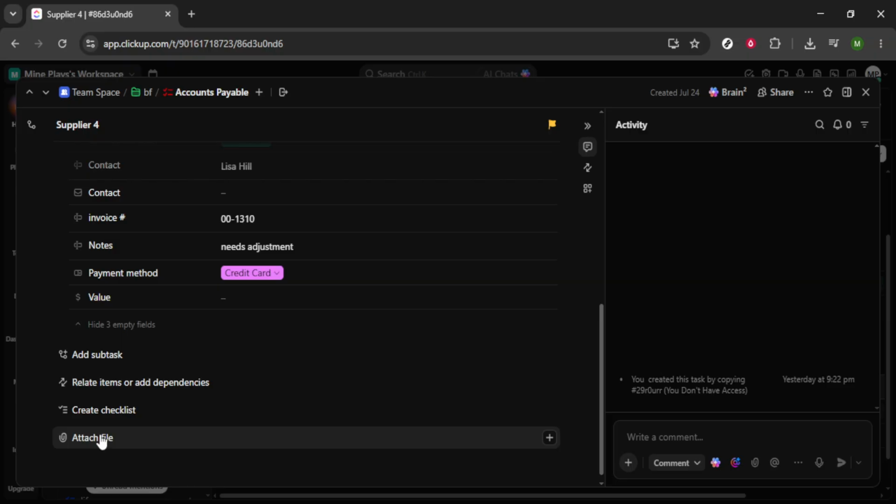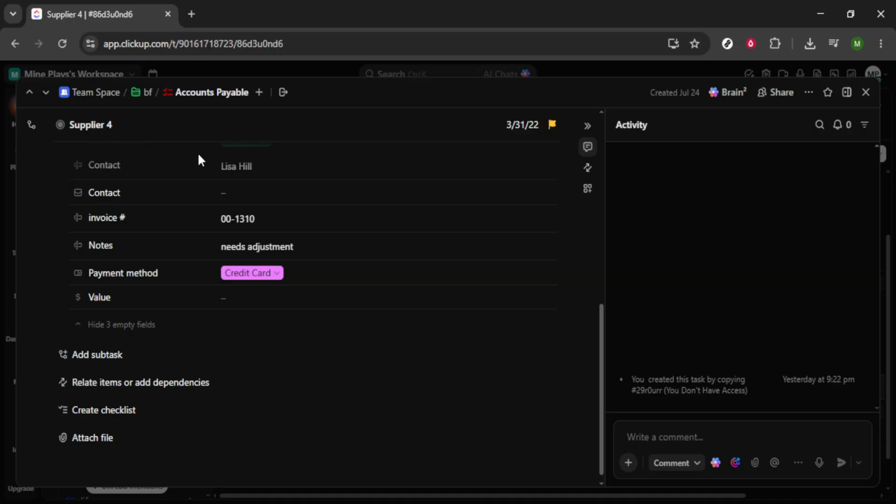To actually upload your file, just click where it says Attachment. This will open your computer's file picker. Now you can browse through your folders and select the file you want to add. It could be something sitting on your desktop or perhaps deeper in your folders. It's totally okay if it takes you a moment to find the right document. Once you've selected it, simply hit the upload button. The system will handle the rest for you. Just give it a few seconds. You might notice a quick progress bar showing that your file is being uploaded, but trust me, it usually goes